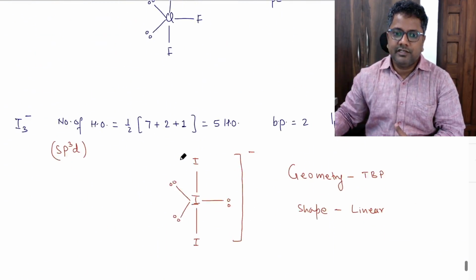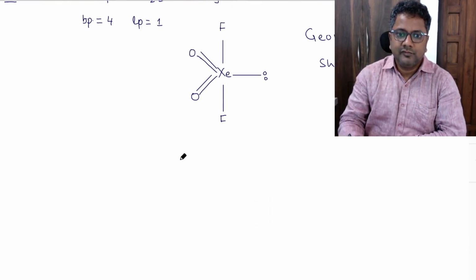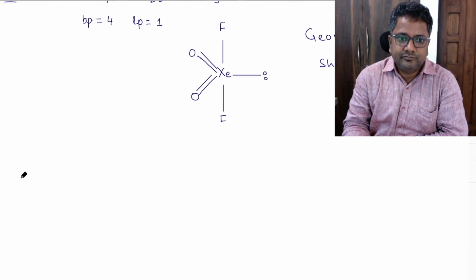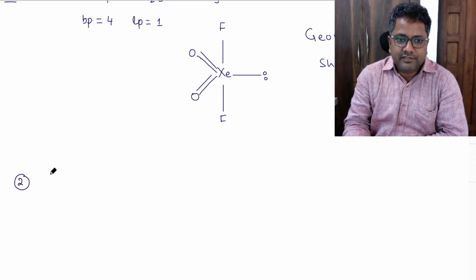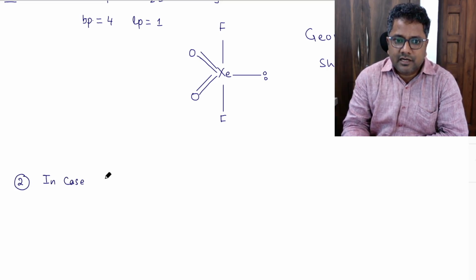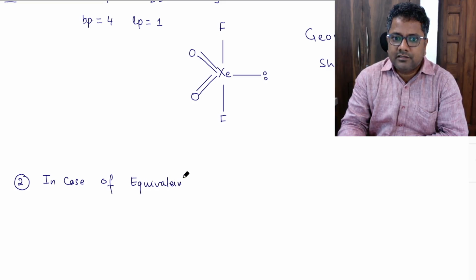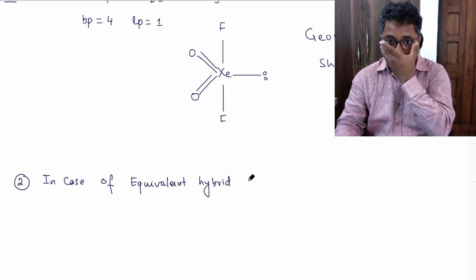So now see, second case, Bent's rule part 2, you can say. In case of equivalent hybridization or equivalent hybrid orbitals,